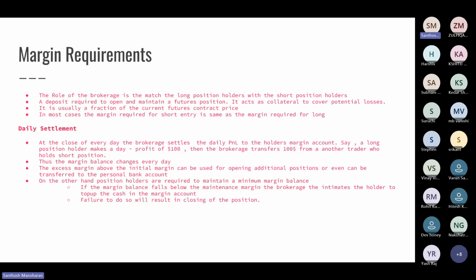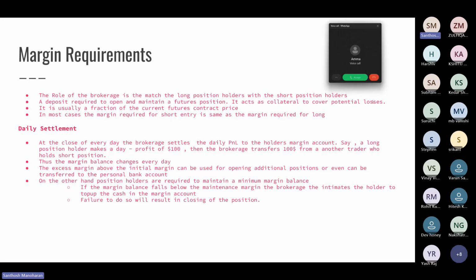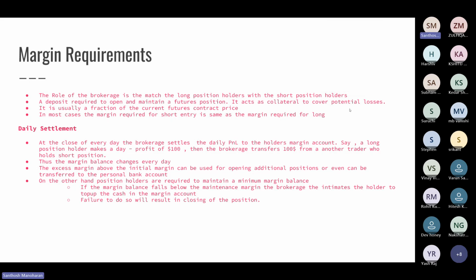There's a concept called daily settlement. Every day at the close, this $24,000 is like collateral for a loan you take to enter the position, kind of. So there's a concept called daily settlement, to avoid default. At the close of every day,